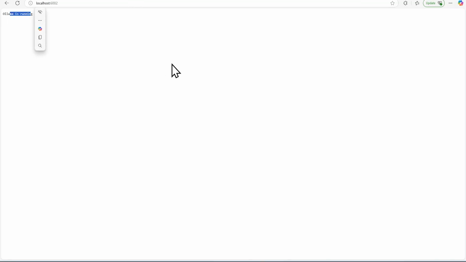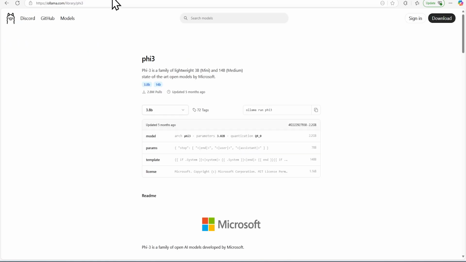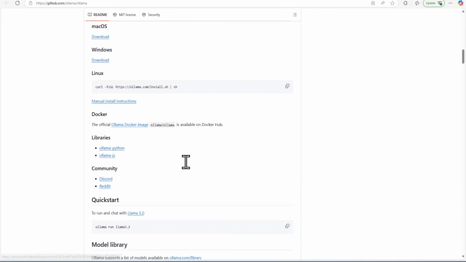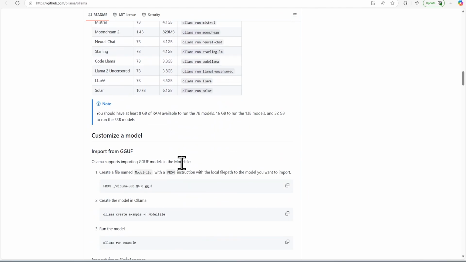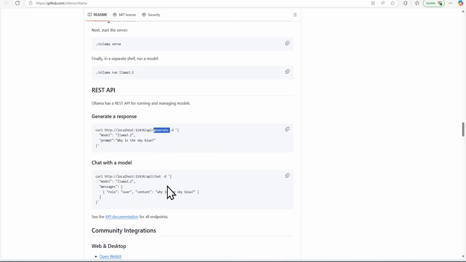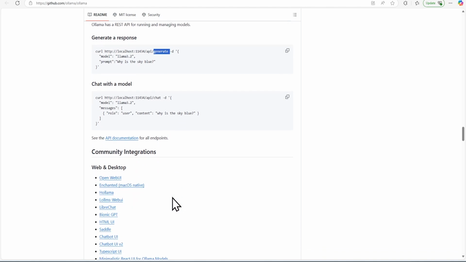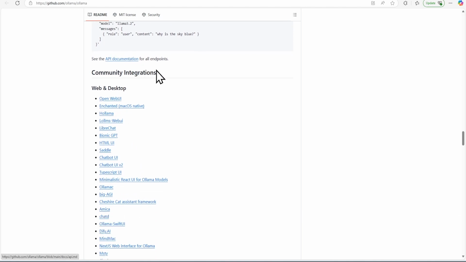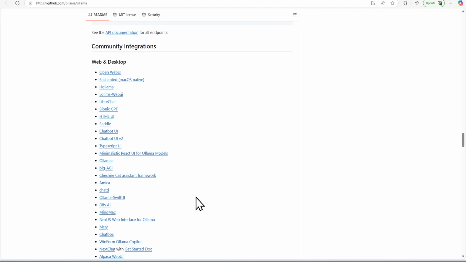So Ollama is running. Now we can go into our code and models for this one. If we go to GitHub, we can see how the different APIs are being used. We can call the generate API using curl, and how to get and how to chat, we can all do with API calls using curl or anything else. And if you want to do any web related activity, like bringing your own chat application, it provides all the flexibility, and you can have community integration with that application and use that.